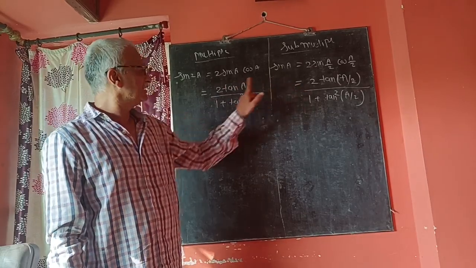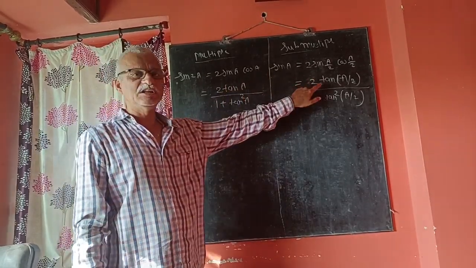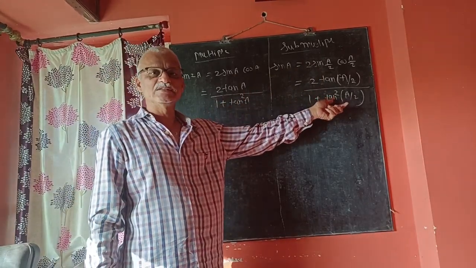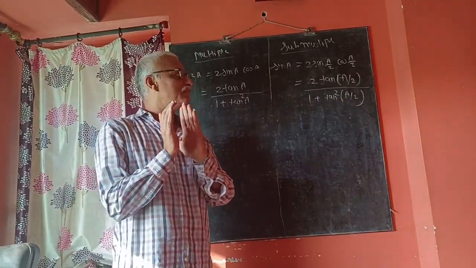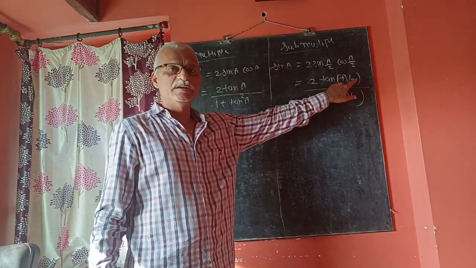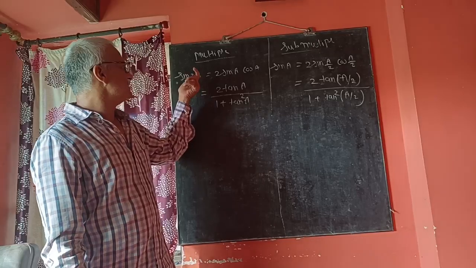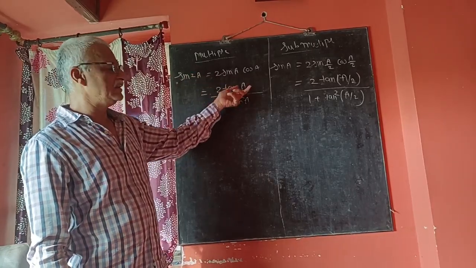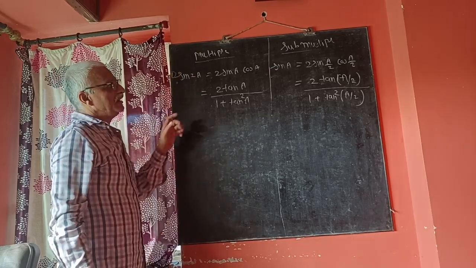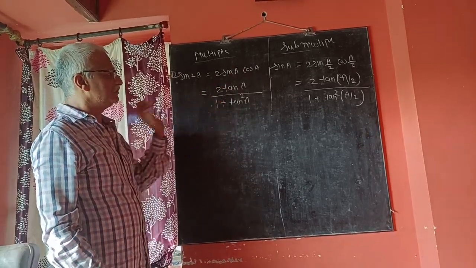If you observe both this formula and this one, the formula is the same, the terms are the same. Here is tan, here it is tan. It is 1 plus tan square, it is 1 plus tan square. What is the difference? The difference is that on the left-hand side there is A, so the half of A is A by 2. On the left-hand side is 2A, the half of 2A is again A. Now this is the first one, sin 2A in terms of sin, cos and in terms of tan.